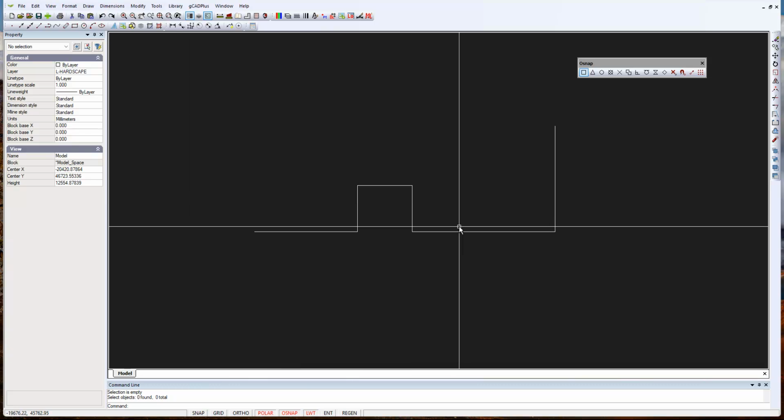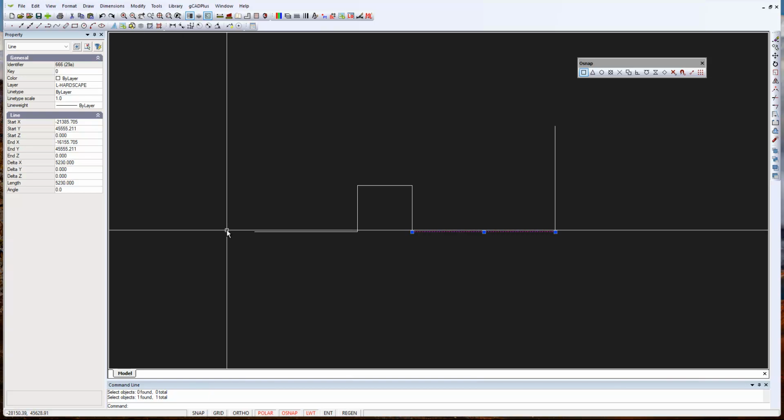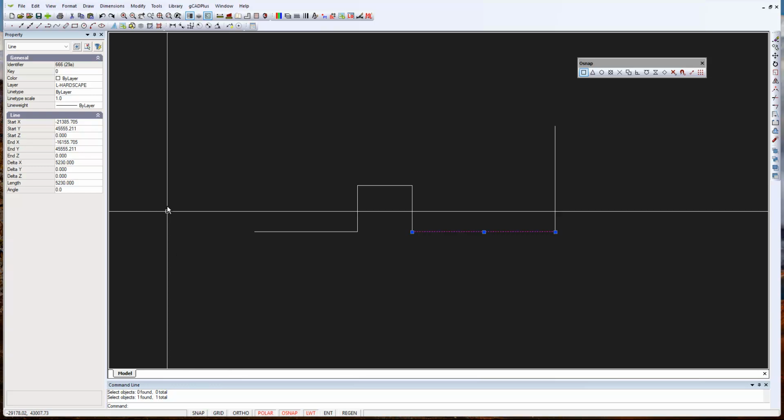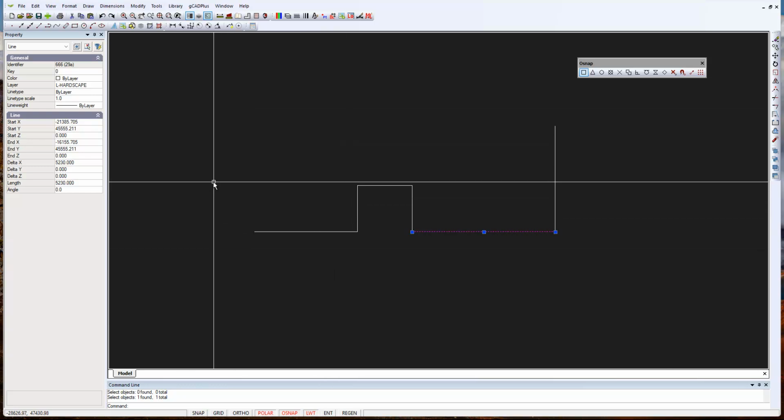You might have noticed if we picked a line, since we had set a layer in the very first movie in this series, everything that we draw has gone on a layer called hardscape, and it's in a space here called model space. We have other spaces,